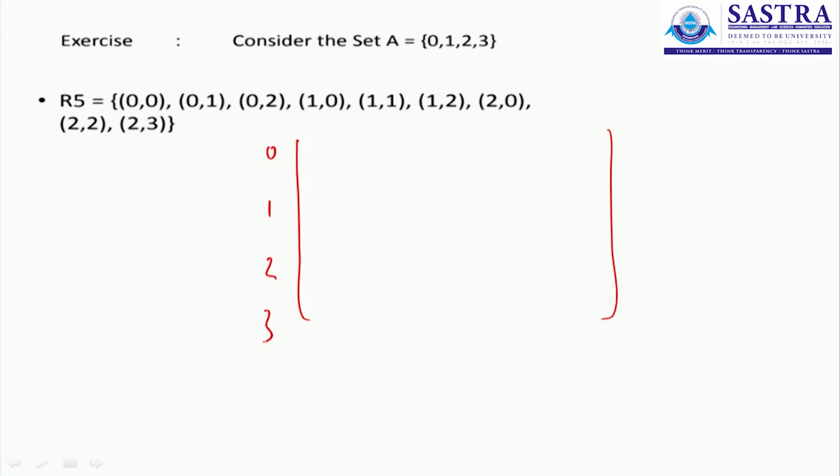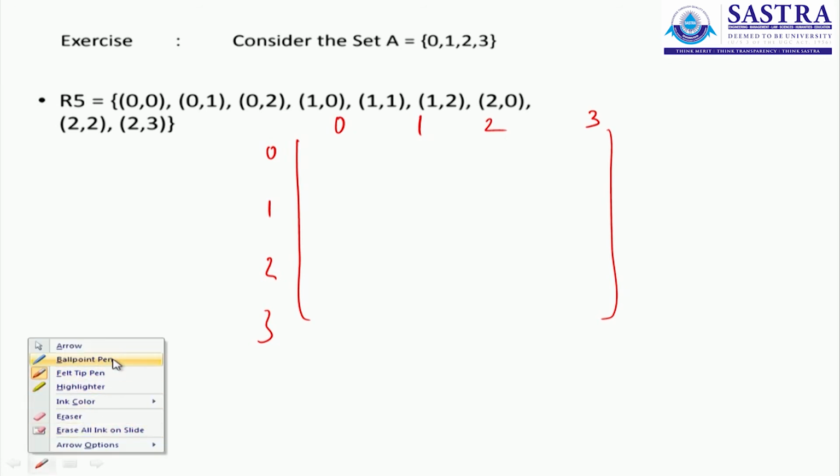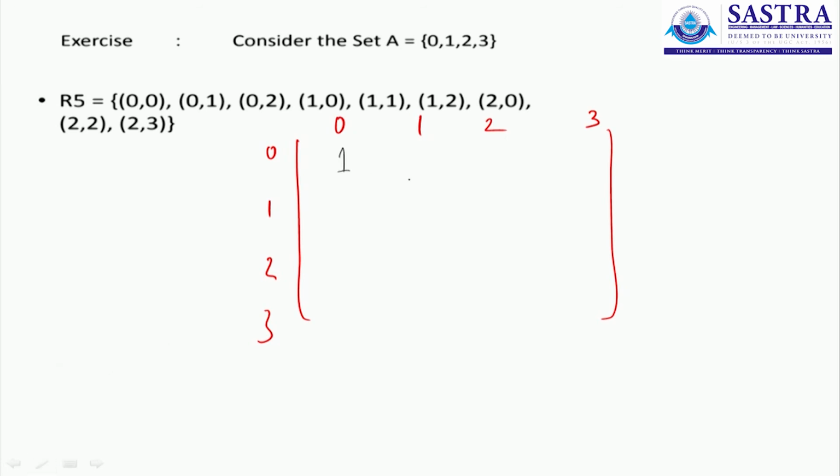Now consider another relation on 0, 1, 2 and 3, with pairs (0,0), (1,1), (2,2), (2,3), (1,2), (2,0), (1,0), (0,1), (0,2). There are 9 pairs. We have given you 9 ones. The remaining 7 elements are zeros in the matrix,